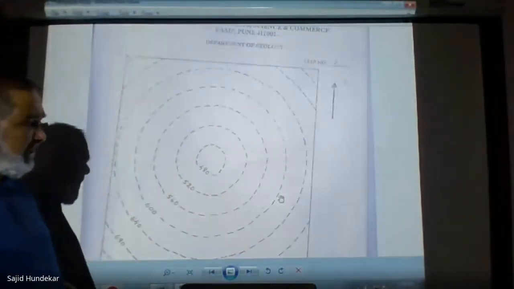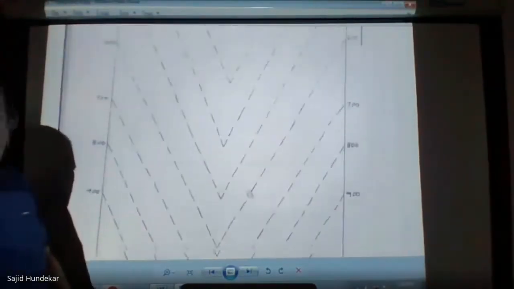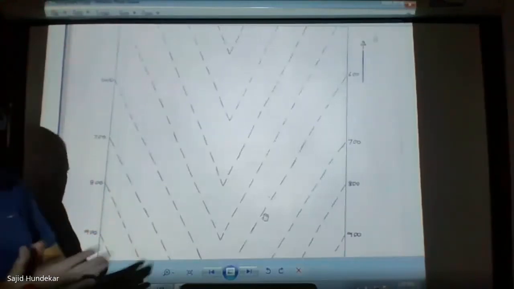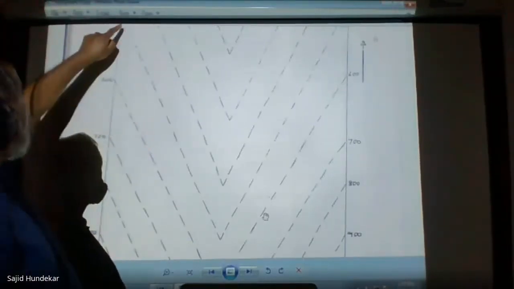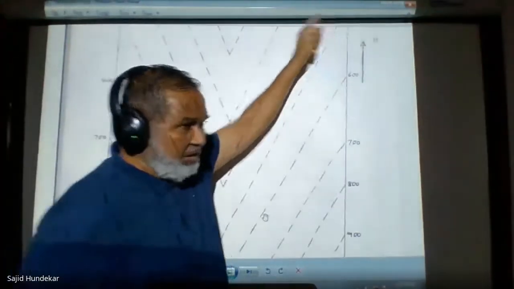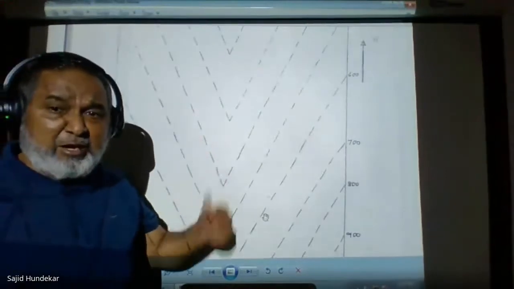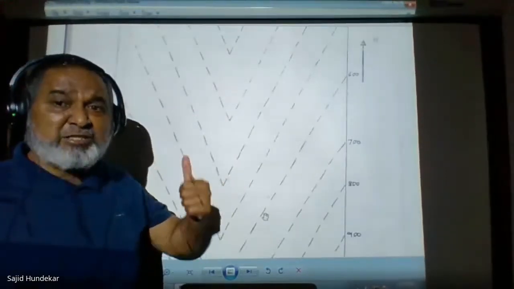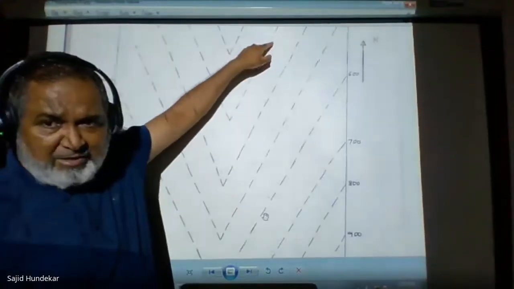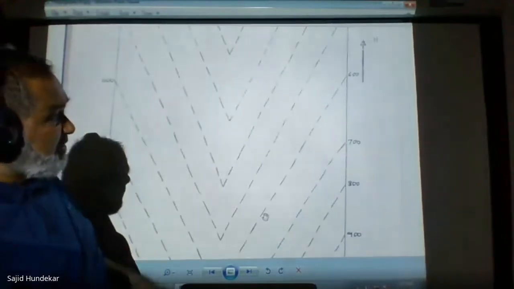Next, map number 3 now. Now I can find it is a different pattern. Here you can find it is the open contour. It means the contour starts from one end, moves, and is open at the other end, so it is called an open contour. Earlier it was a closed, concentric, circular contour pattern, but here it is an open contour pattern. This is the V-shaped open contour pattern. Now I can see the difference.